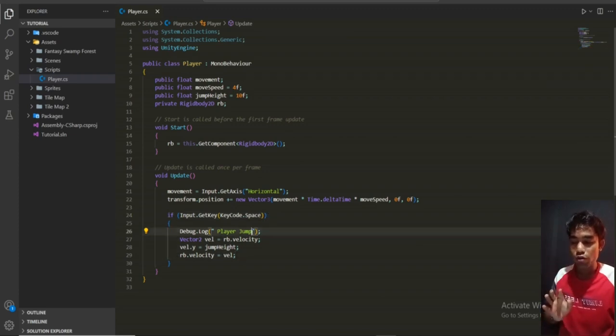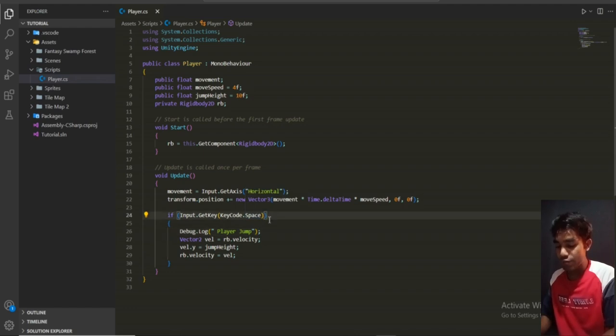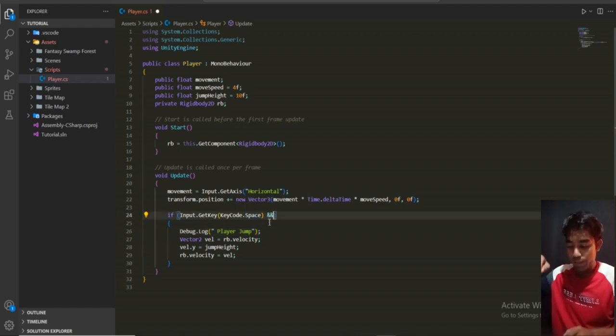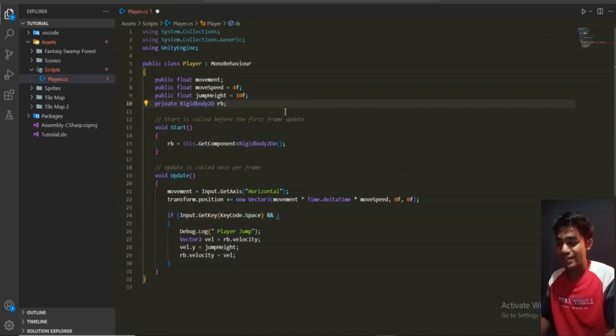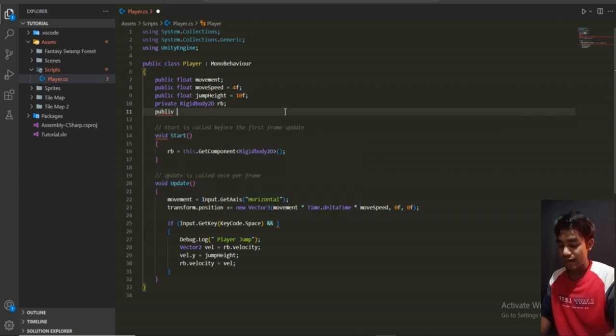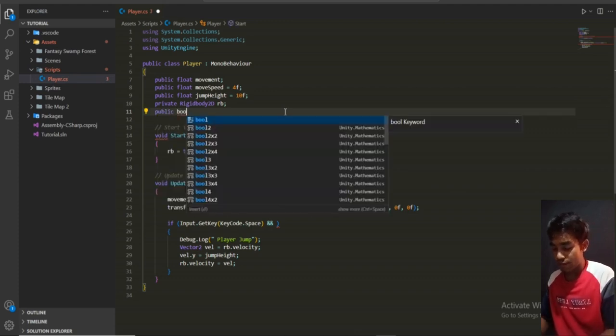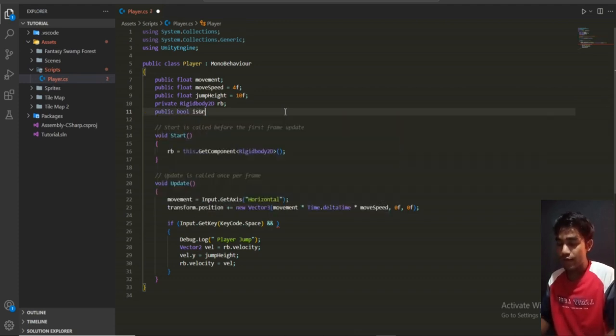So we also gonna check. Okay, so we have to type this n. If we are pressing the space key at the same amount of time, so let's create a bool parameter. It doesn't need to be public. And that will be bool, and let's call it something like isGround, and by default I'm going to